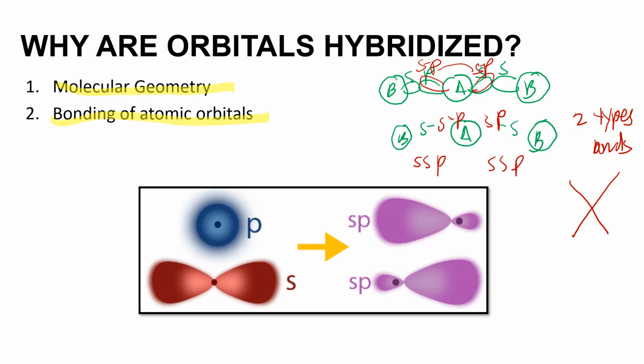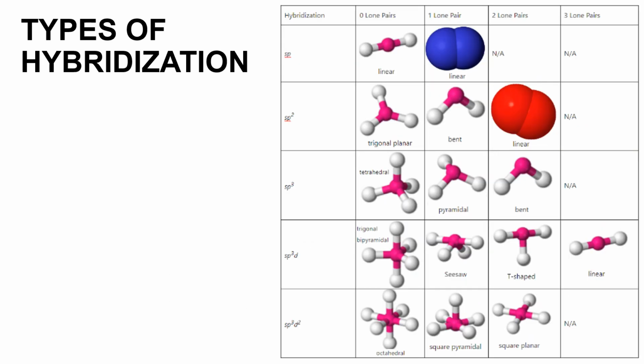And also, we need to note that hybridization of atomic orbitals does not take place in every molecule. There are molecules such as hydrogen, hydrochloric acid, and hydrogen sulfide, where there is no hybridization that occurs. In a nutshell, this is our hybridization.